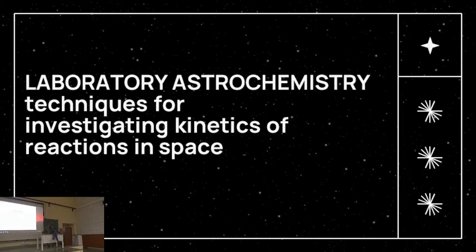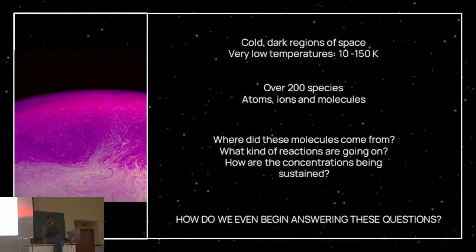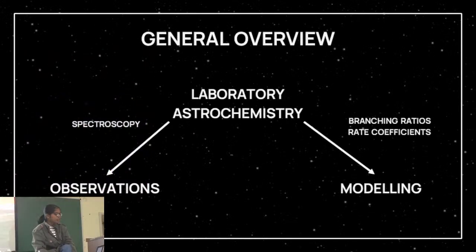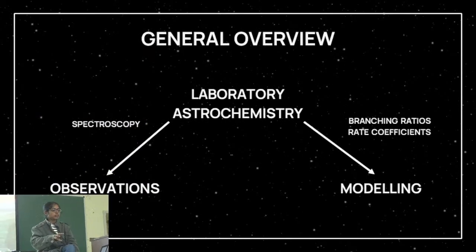So astrochemistry is like the practice: there's modeling, there's observation, there's laboratory activity. Modeling is where you set up a bunch of equations, just like in other kinds of modeling. In chemical modeling you put in chemical reactions, give them certain rates, and feed the products of one reaction into the other, and then you try to recreate the parameter that you're actually observing.